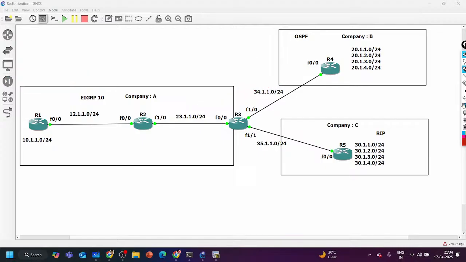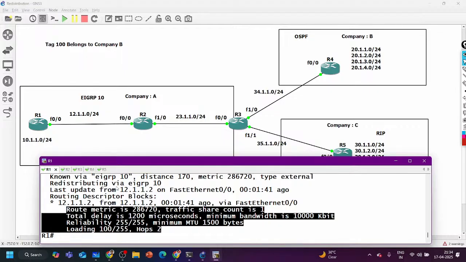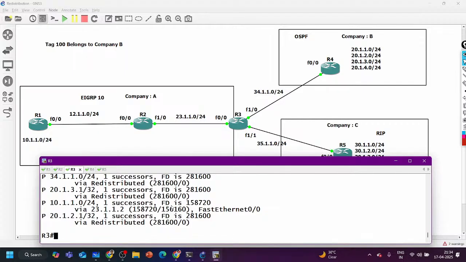So we are going to maintain one database first of all, right? You are the network engineer of company A, and you will have this database. You are going to keep a record of all these things, that the prefix which is coming with tag value 100 belongs to company B. Any prefix with tag value 100 belongs to company B. So this type of redistribution we can note. See this, we cannot identify it. So while redistributing, now what can we use, guys?